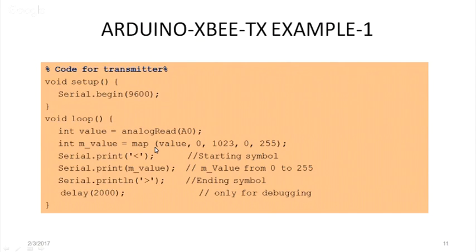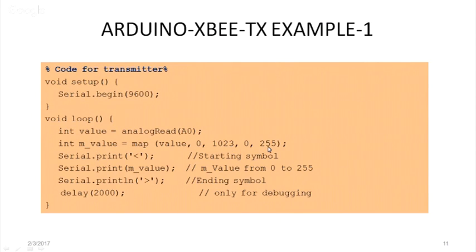What do I mean by the map command? This command is basically used for mapping the 10-bit value to 8-bit, because I have already told you that it is a 10-bit ADC. So we get the analog input in 10 bits, which is generally 1024. We have to convert it into 8-bit, because we are just sending the value in ASCII format. So I have taken a second variable, the M value, the modified value, and it will map 1024